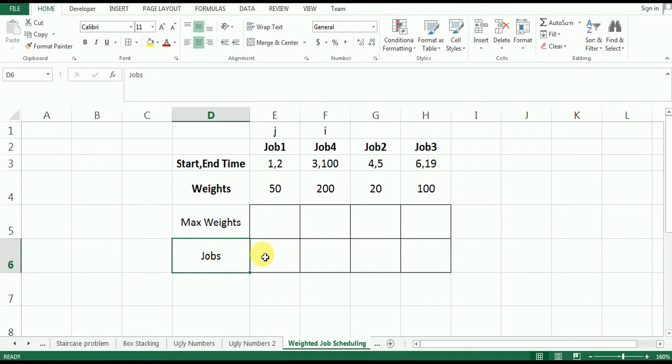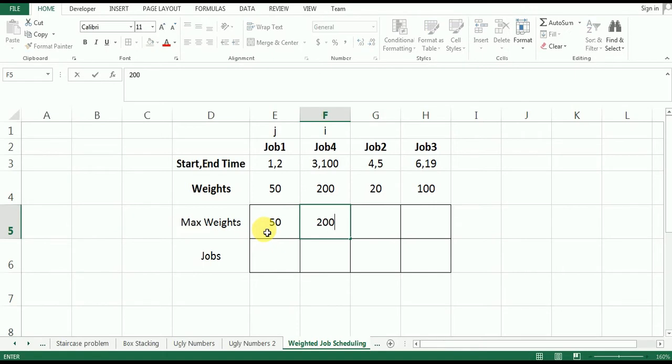Now we are going to fill this max weights array first with the basic weights. I have already told why we do that in my first video of the weighted job scheduling problem, so you can watch that in order to know this.